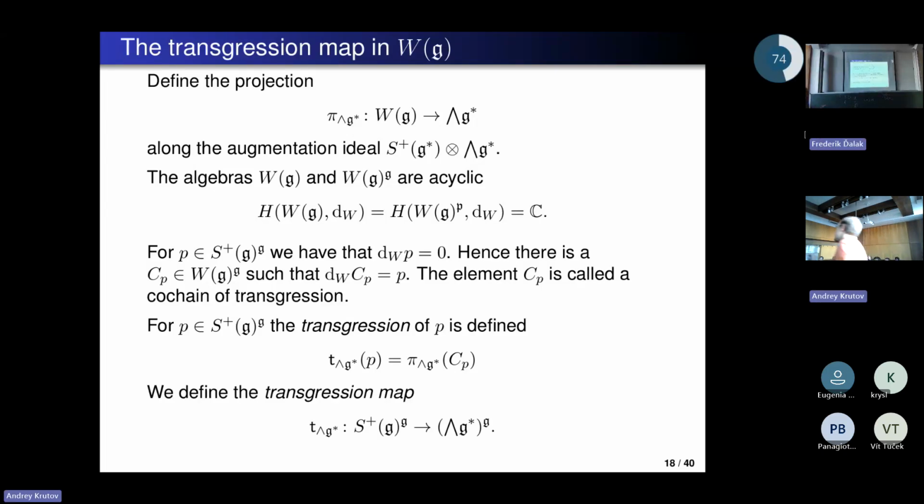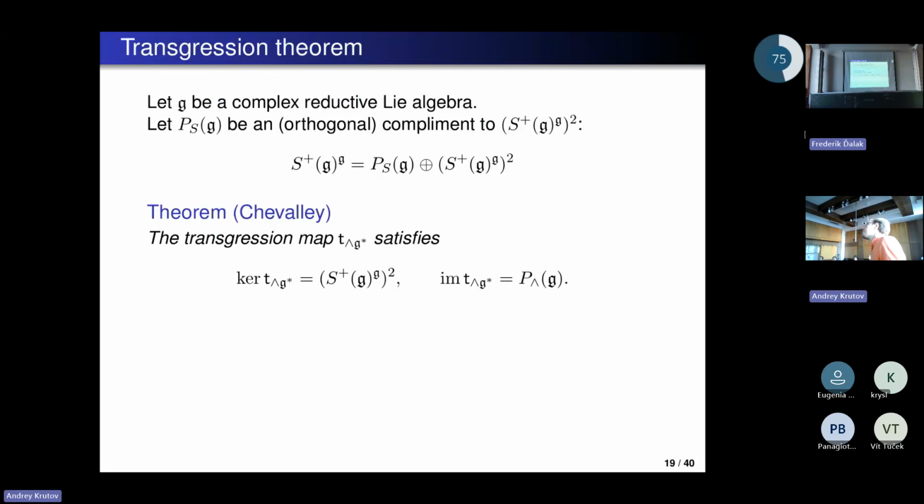Yeah, so this defines this transgression. We will generalize this to the case of symmetric spaces. So as I promised, it's a theorem by Chevalley. We can speak about the primitive invariants in the symmetric algebra. We'll define them, and they could be defined in the same manner as the